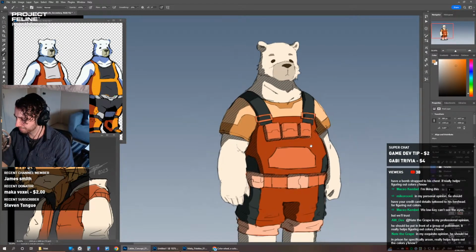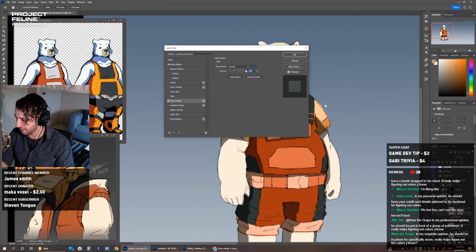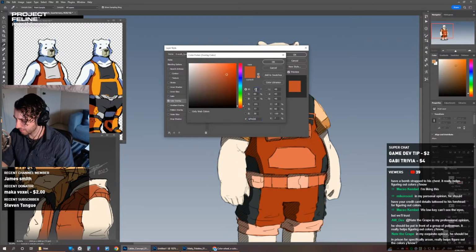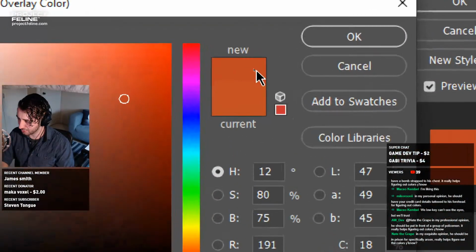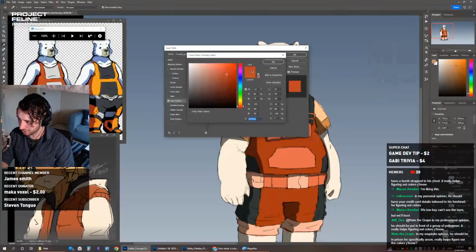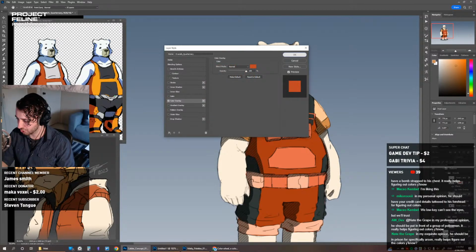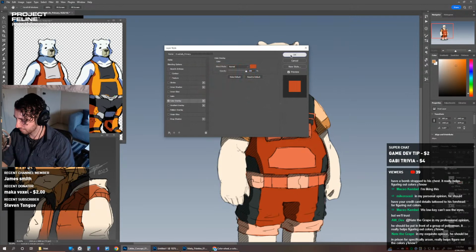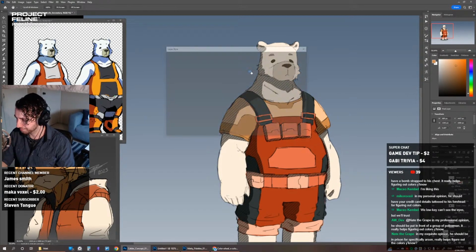Yeah, let's try. We'll make this red slightly redder. So we'll make it 12 instead of 15. I know it's a very slight change, but I think it needs to be a little more red to go with the gold. I get the feeling. So we'll give that a shot real quick. It's a very slight change, but...